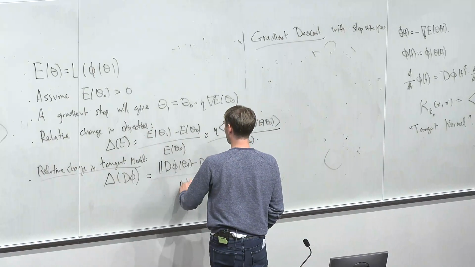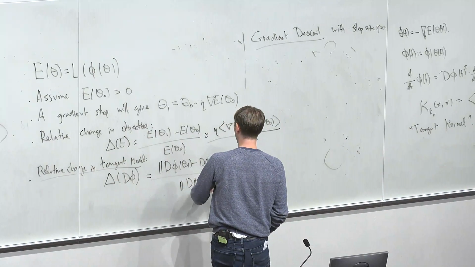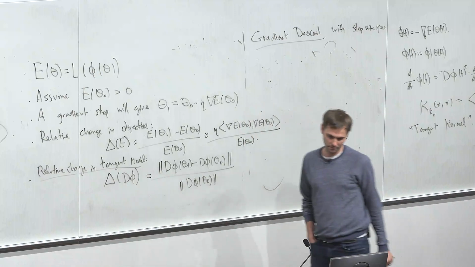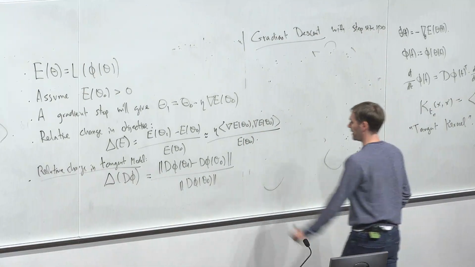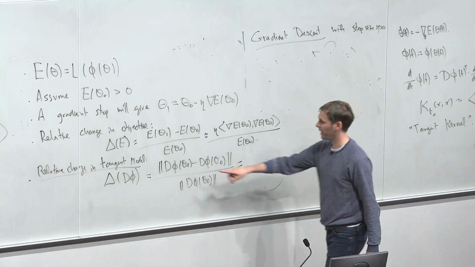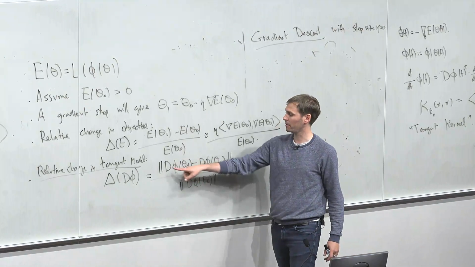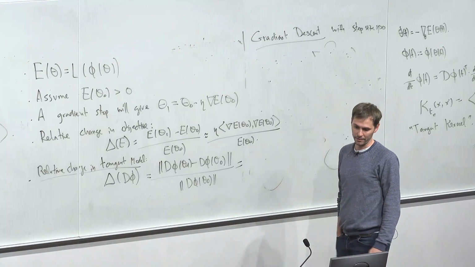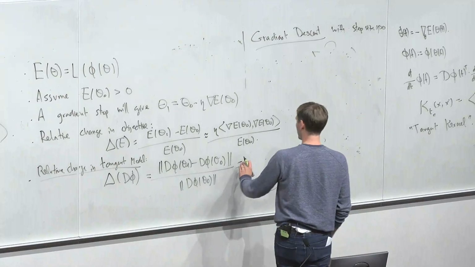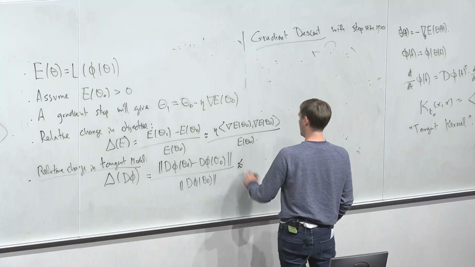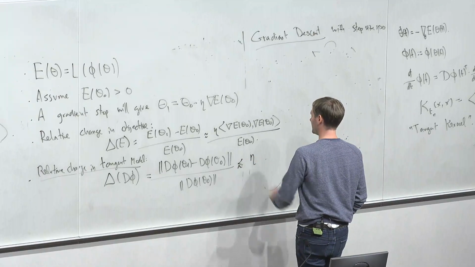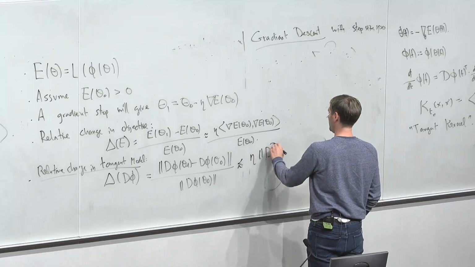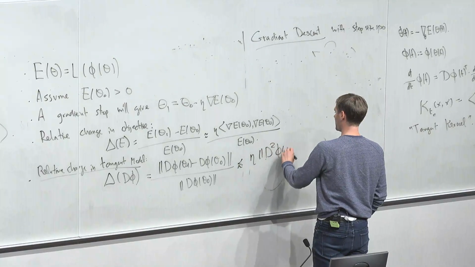Relative to the Jacobian of phi at theta 0. And again, if I do Taylor, well, let's assume that this model is smooth. I can do a Taylor decomposition. What do I get? I get something that is controlled by the step size times the norm of the Hessian of phi at theta 0